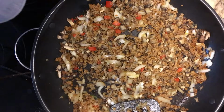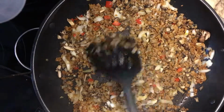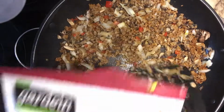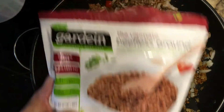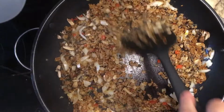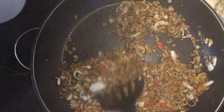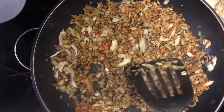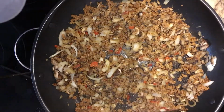For the stuffing, the first thing I'm doing now is I chopped up the onion and the mushrooms pretty small, and I'm sauteing that with probably about a cup of this Gardein beefless ground crumble here. You can use real ground beef if you'd like, or just have it without any meat. This is vegan friendly, so I'm using the Gardein as my son requested. This also tastes good without anything. But I'm sauteing the onion, 1 medium onion, 1 package of portobello mushrooms, a cup of that Gardein, and then